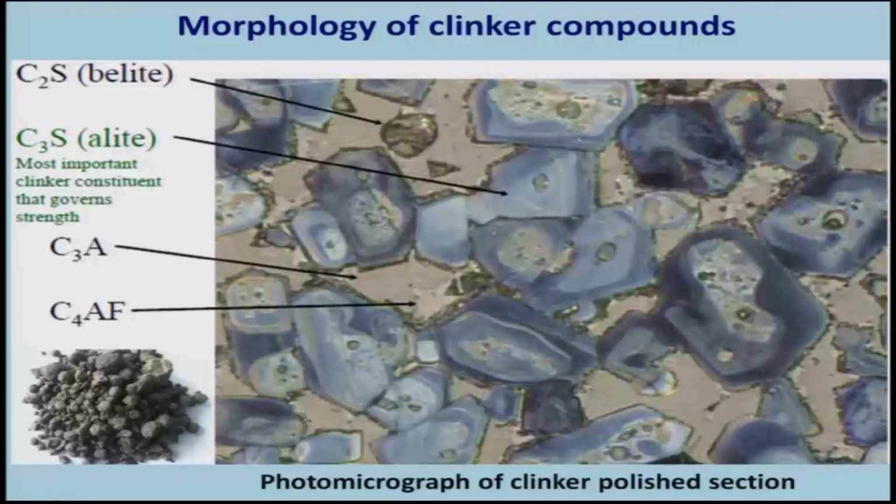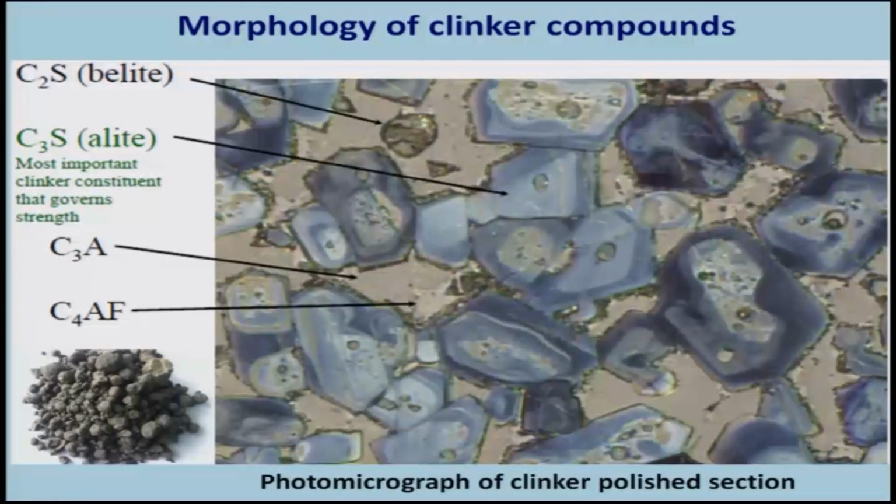Now if you see a photo micrograph of the clinker compound, essentially it will look like this, where the entire figure is having some shades of grey. So if you have a closer look at it, you have the C3S or Alite, C2S or Belite, and C3S is seen as hexagonal prisms more or less, and C2S, which should also be hexagonal but the surface is slightly rounded,